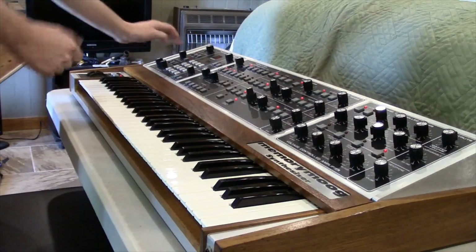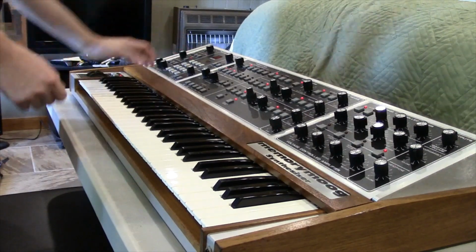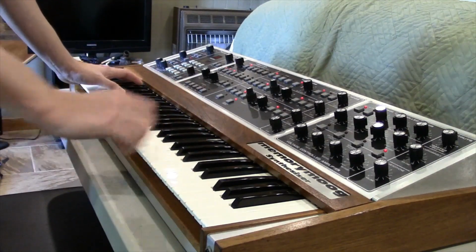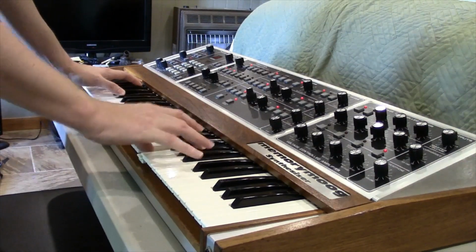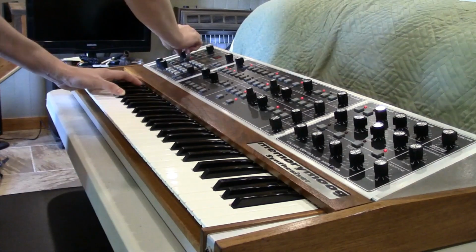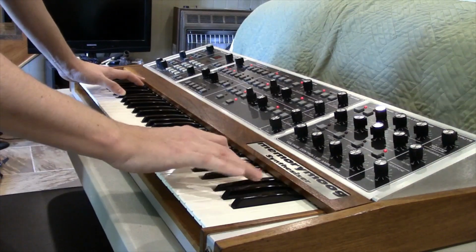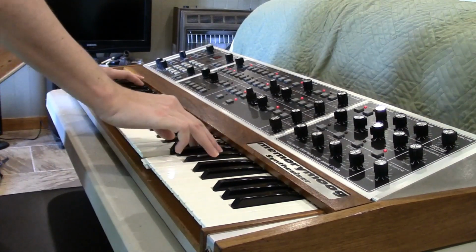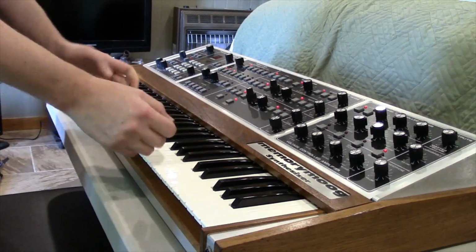This too. Talking of reset mode, which I mentioned earlier, when we go to reset mode, I'll just show you how this kind of works. So we'll put some glide on it. I'm going to hold some low notes, play some upper notes, and reset the keys. See how that works? It's actually like a mono voice,